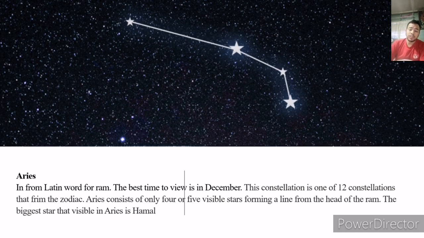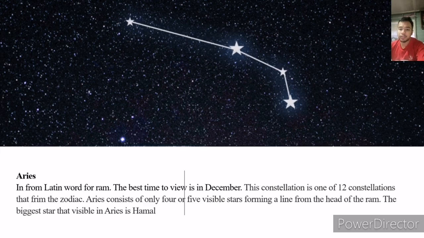The best time to view is in December. This constellation is one of the 12 constellations of the zodiac. Aries consists of only 4 or 5 visible stars, forming a line from the head of the ram. The biggest visible star in Aries is Hamal, which is the bottom one.